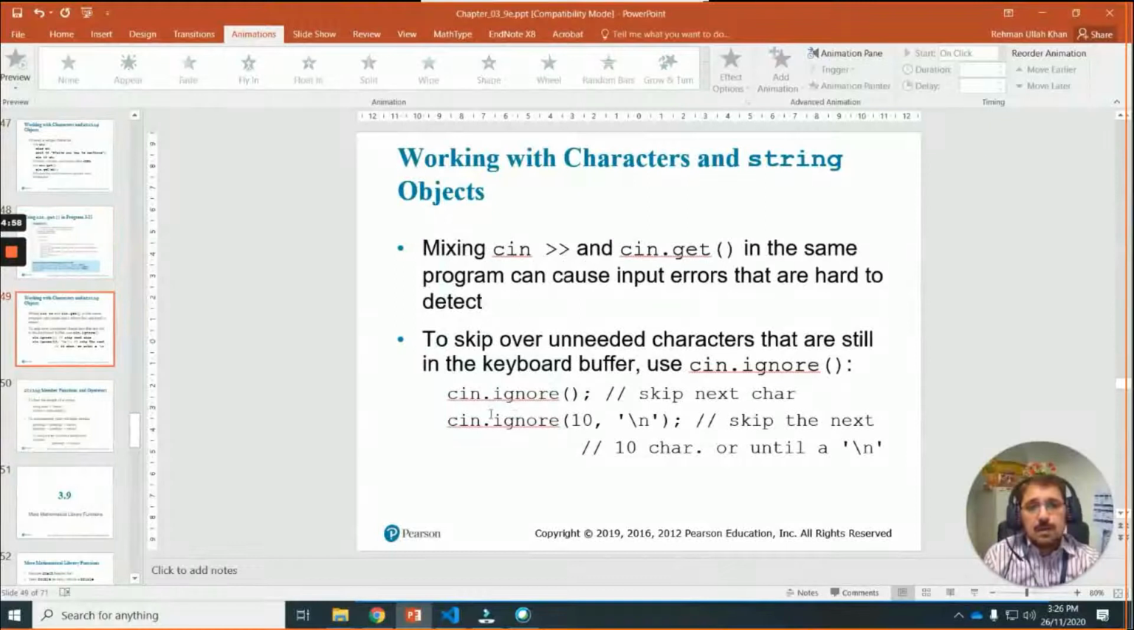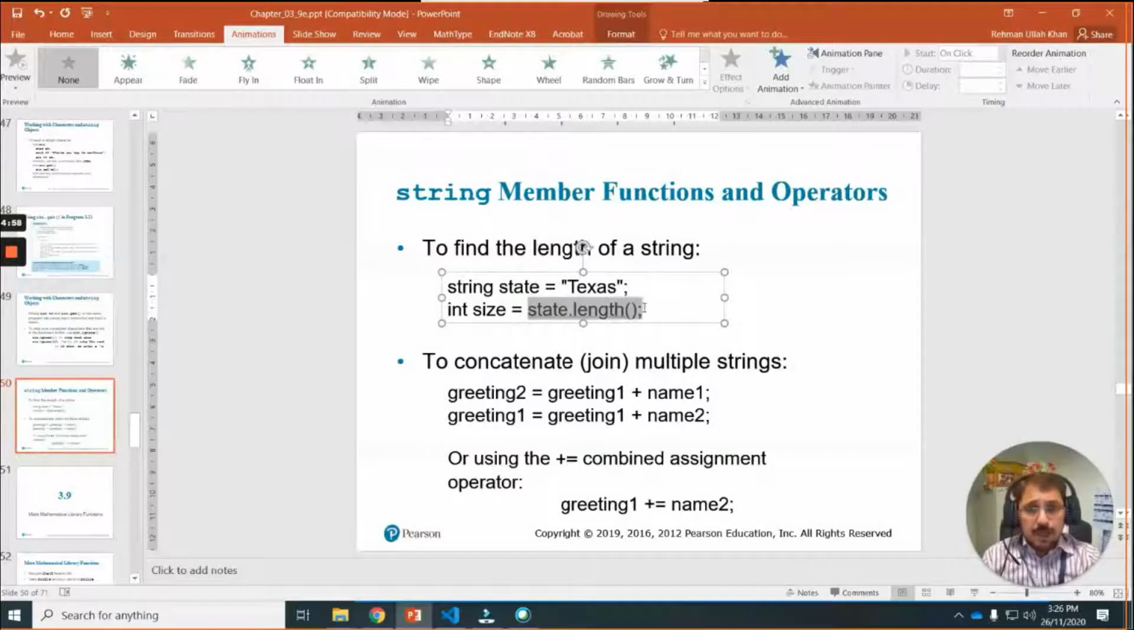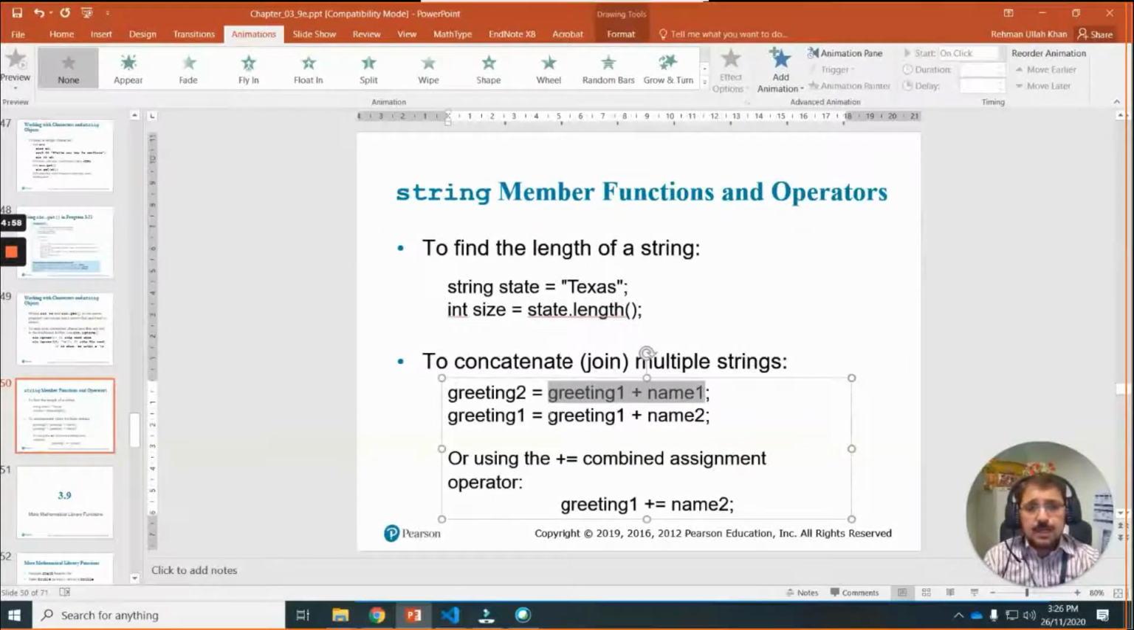Yeah, this is the same thing. Okay, I already explained cin dot ignore and this one. Okay, there are some string functions, already built-in functions. For example, if there is any string variable, you can find out its length automatically, and you can do concatenation. The plus operator is doing concatenation, like joining